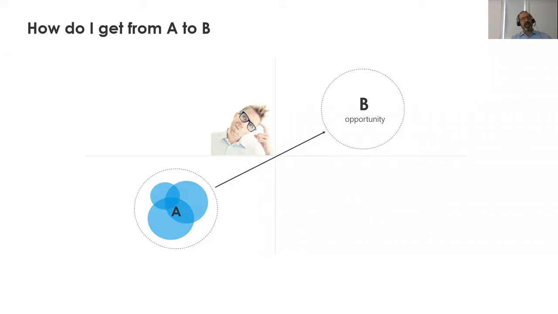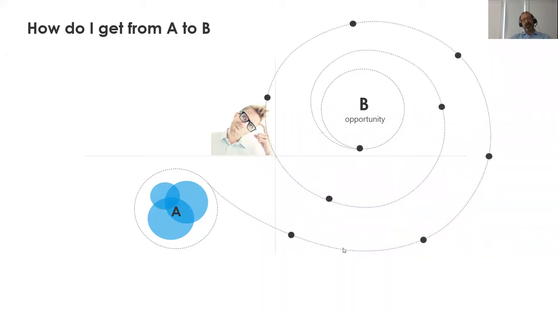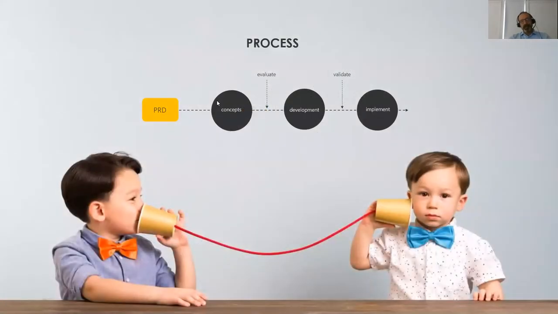And it's all about getting from A to B. When that first area becomes too crowded, how do you get into the new opportunity spaces, right? But it's not that easy, right? There's a lot of tricky paths that you can take, a lot of things that can go wrong. And again, some of these processes and techniques can help you ask the right questions so that the team's always oriented the right way and can get to the best answers possible, right? So again, we need a good approach, and